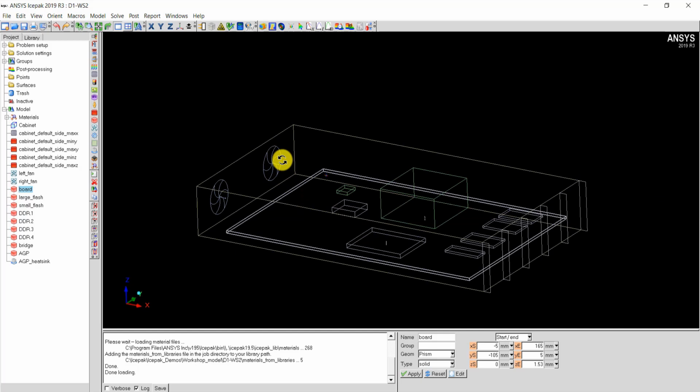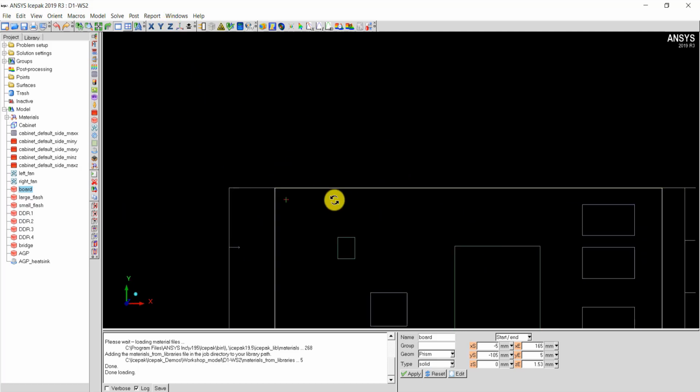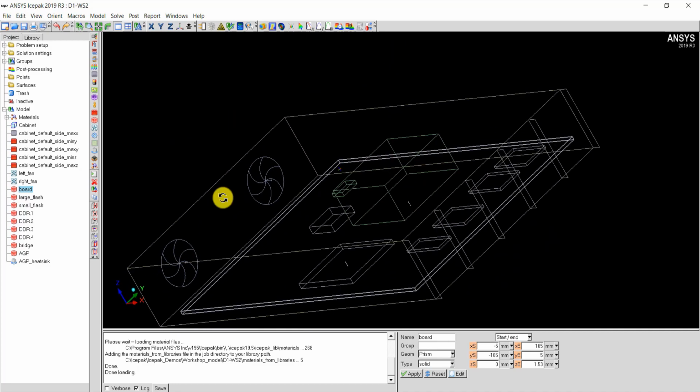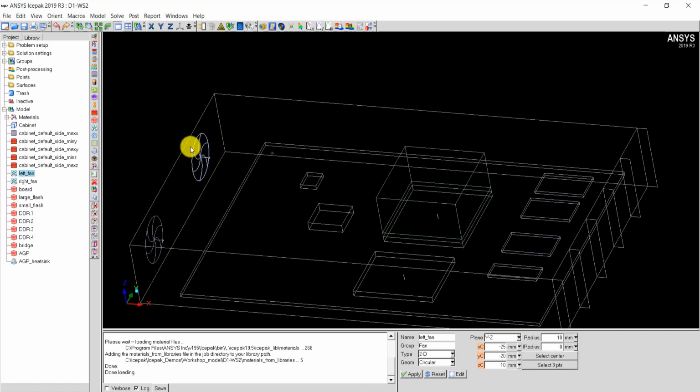Similarly, I can also modify circular components such as these fans. For example, if I want to move the fan in the lateral directions so that the center of this fan is coincident with one of these edges here, I can use the snapping tools to do that. For that, I can change the view orientation of this model so that I can go to the Z axis here, and this is my fan, and I want the center of this fan to be coincident with this edge here. So I can go to that fan by pressing Shift and then left click on that particular edge of the fan,